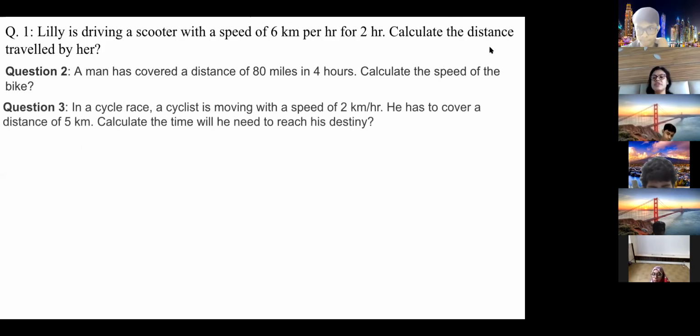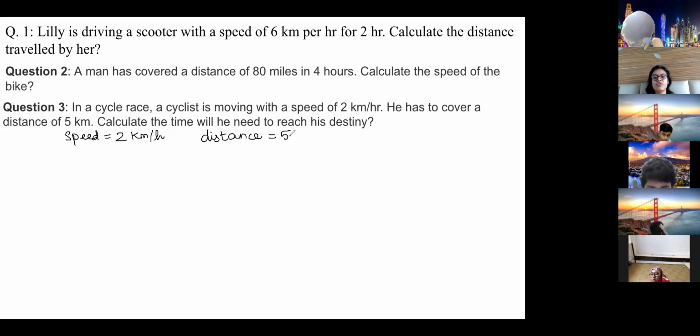In a cycle race, a cyclist is moving with a speed of 2 kilometer per hour. He has to cover a distance of 5 kilometer. So calculate the time he needs to reach his destination. Now, first of all, what are the things given? And then give me the answer. Everyone just give me the answer in chat directly. I'm writing what are the things given. Always write the quantities which are given in the question. Kilometer per hour. He has to cover a distance. So distance is equal to,